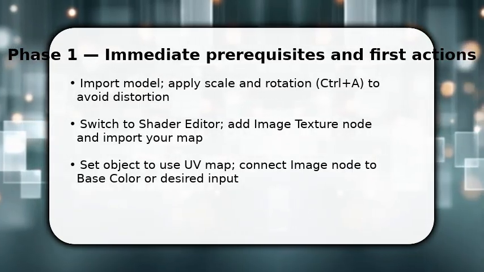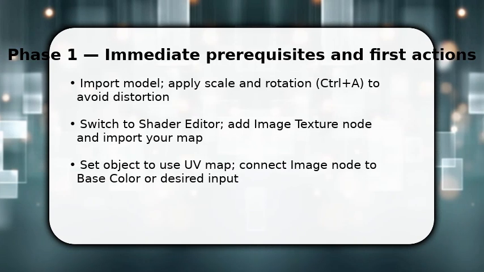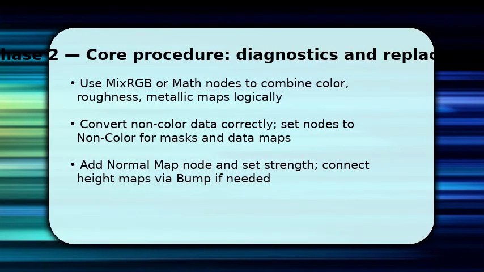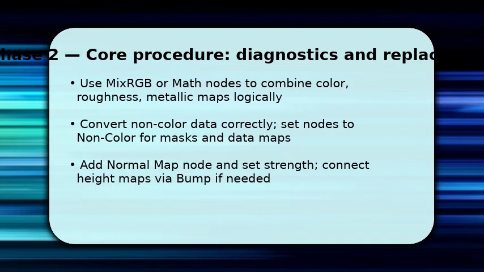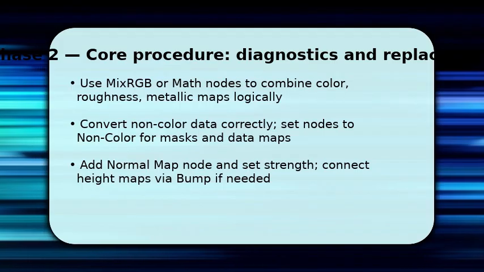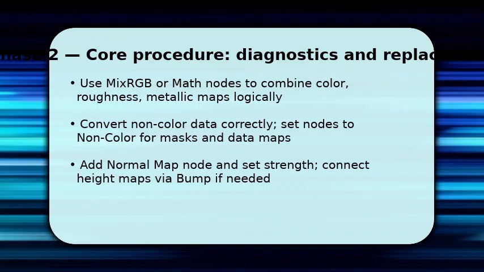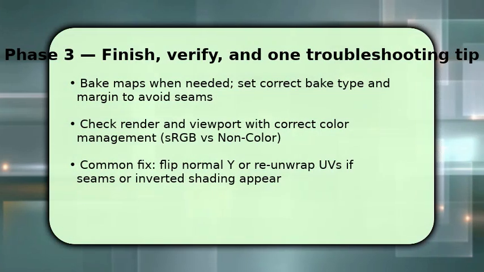This prevents surprises later. Now you combine multiple maps and manage data types, because color maps differ from scalar maps. Use mix RGB or math nodes to layer textures, set blend modes to multiply for dirt, add for emissive effects. Always set non-color data maps to non-color in the image texture node. This preserves numeric precision for roughness, metallic, and bump. For normals, add a normal map node and plug in the normal image. For height maps, route through a bump node, finish by validating renders in both viewport and final render, because differences